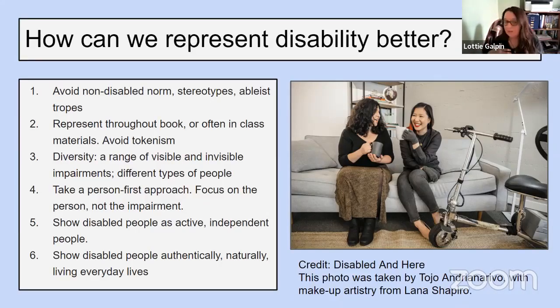Disabled people are just people and should be included into any and all of the content, naturally, incidentally, authentically living their everyday lives. And I think this photo does quite a nice job of summing that idea up. So we have got somebody who uses a mobility scooter. We've got a mix of ethnicity, and we've just got somebody hanging out with a friend, living their everyday life. And that's the kind of focus I think that we want to go for. We're just including people naturally, authentically living their everyday lives.